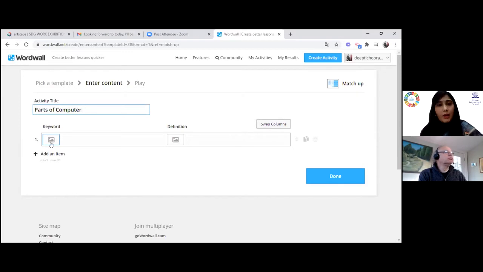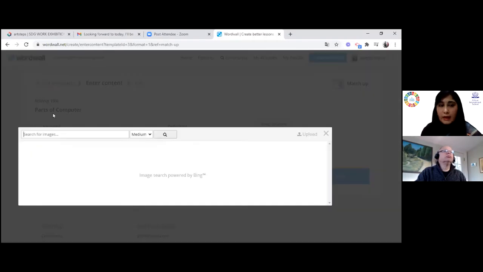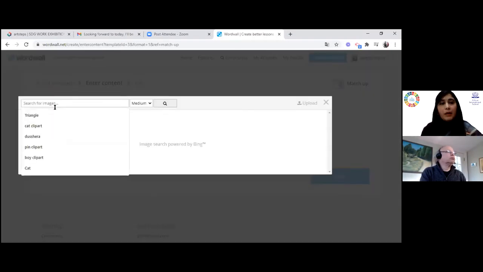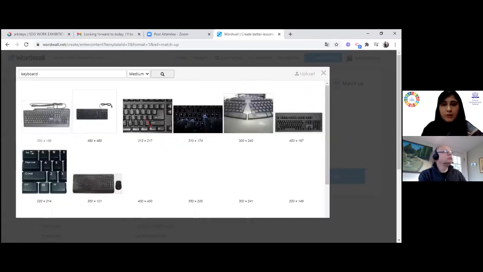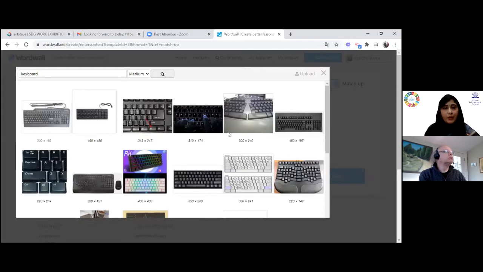You don't need to keep an image ready in your computer. You can directly upload the image from here. I'll click on image box and then I can search for keyboard. Here are different options for the image of keyboard.